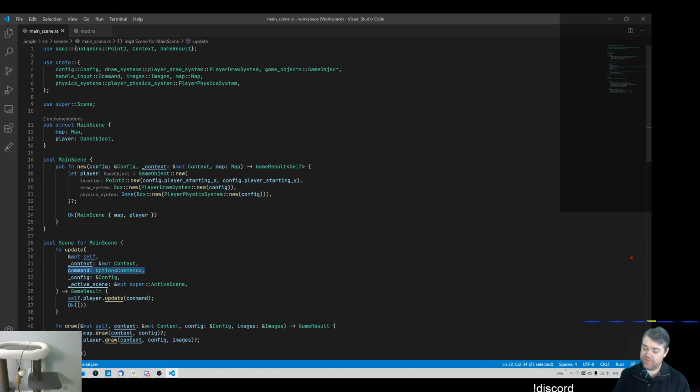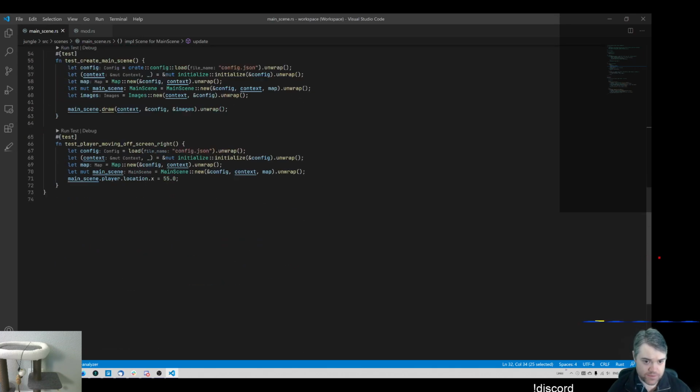So if I reach in and I set our player all the way over to the right, I guess even past the screen, so if we get the dimensions, so let width and height equals